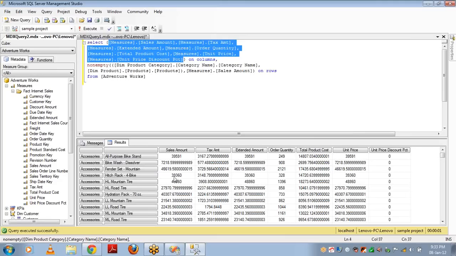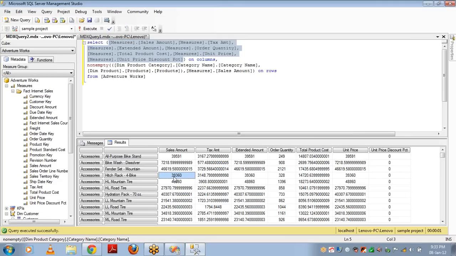But my requirement is I may have null for sales amount. In that case, I want to show null. I don't bother whether it has a value for tax amount or extended amount or order quantity, something like that. What I bother is whether the sales amount is null or not. So in that case, you can use NonEmpty without space, and you have to specify the measure,